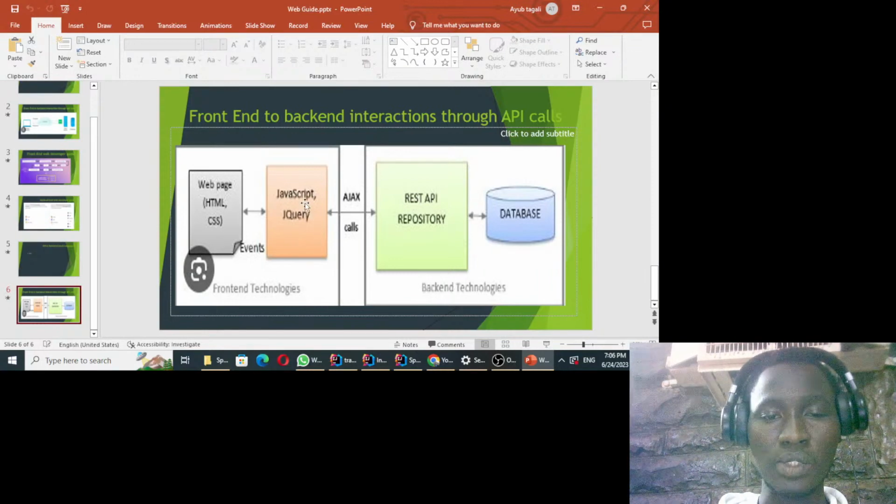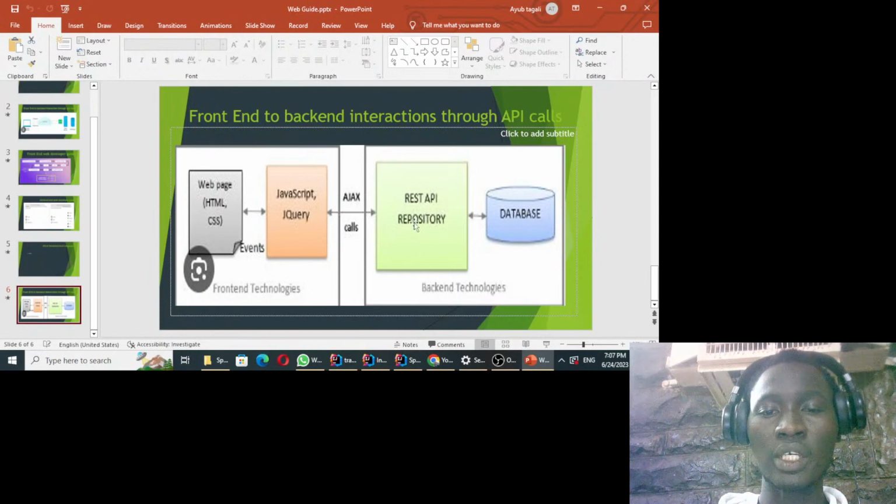To make that call, you're going to use JavaScript. JavaScript has a library called Ajax, which was the old library used for API calls. But now we have frameworks which you can use, like for example Angular, for making the API calls. So you're going to provide a form to the user, which the user is going to fill and then submit. When submitted, that data is going to be sent over the internet. This is a call to the REST API, and this REST API is nothing but your backend application.